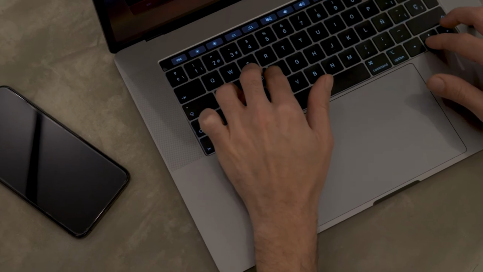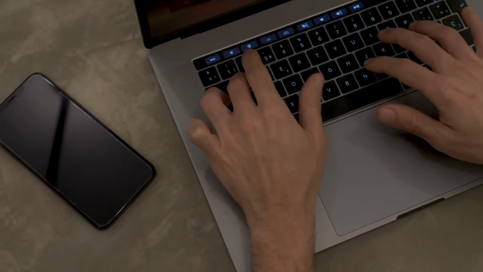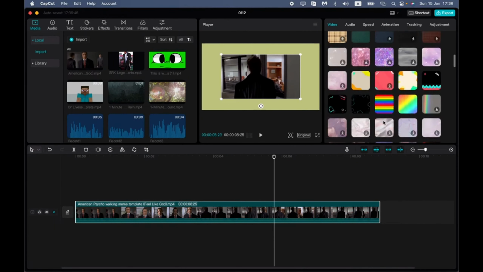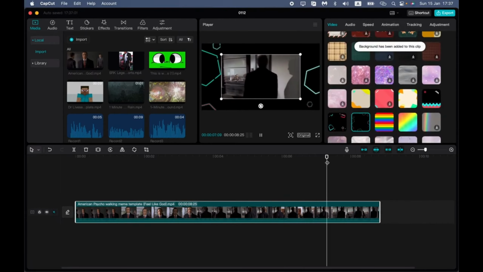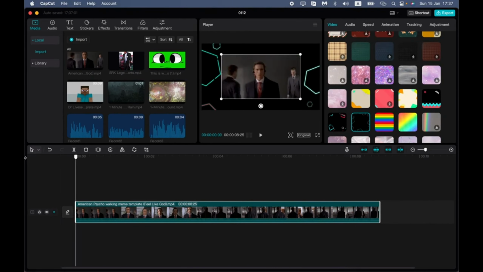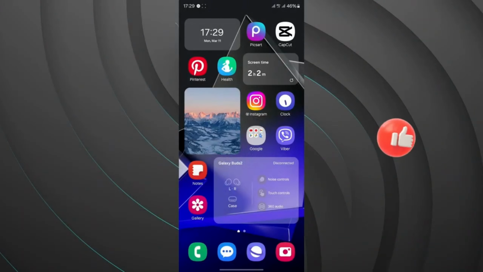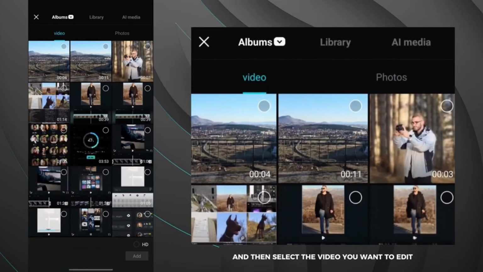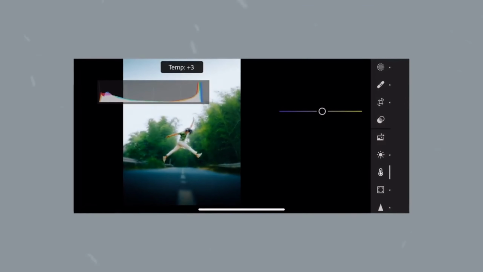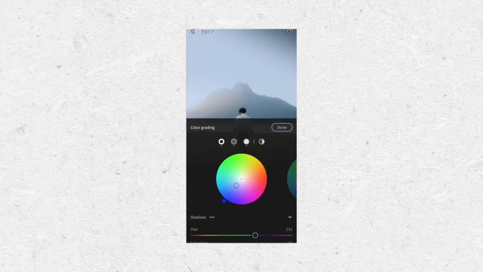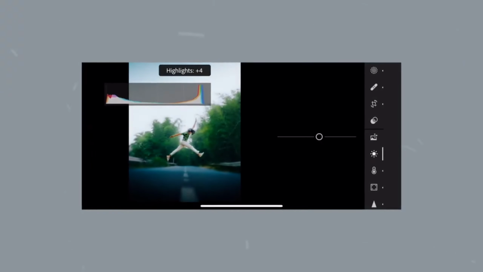And just like that, you've unlocked a whole new way to transform your videos. With CapCut's background removal and a few creative tweaks, your content can now stand out like never before. But this is just the beginning. Want to make your videos even more cinematic? There's so much more you can do, like color grading, adding custom LUTs, and perfecting lighting to create a seamless blend between you and your new background. If that sounds exciting,